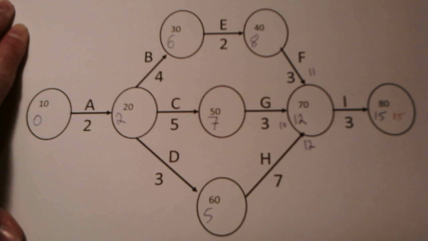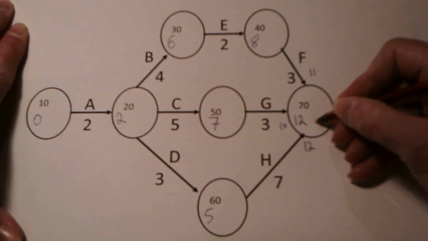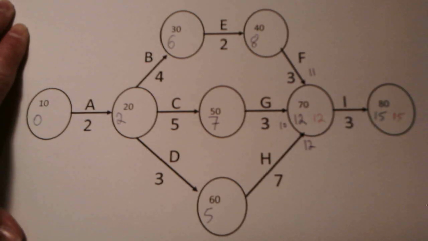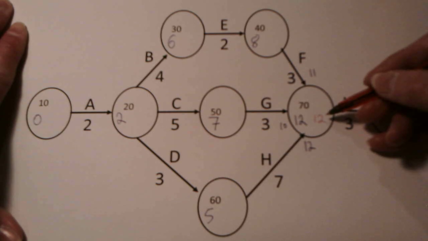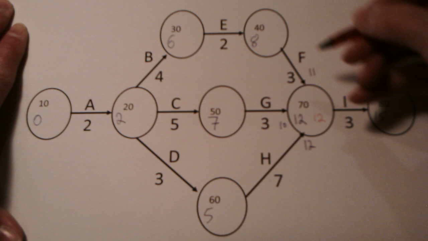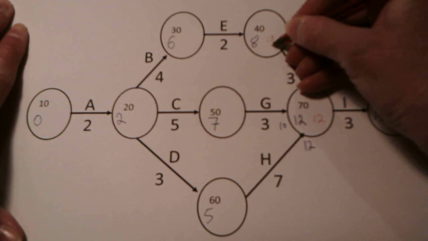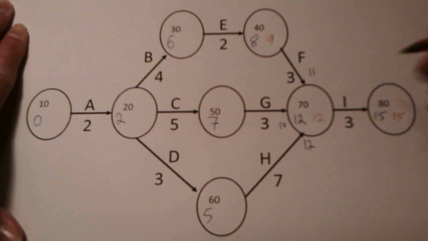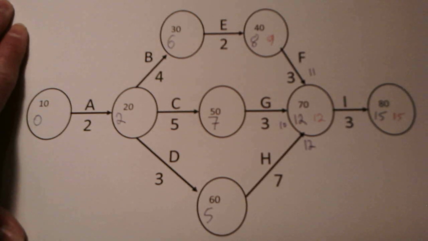final node. We then subtract the duration as we go backwards, right to left. So 15 minus 3 gives us 12, which is the earliest as well as the latest time that activity I can start. If we follow the upper path, then we take time 12 and we subtract 3 from that. That gives us 9. So working backwards, we calculate the latest time each activity can start by taking the duration